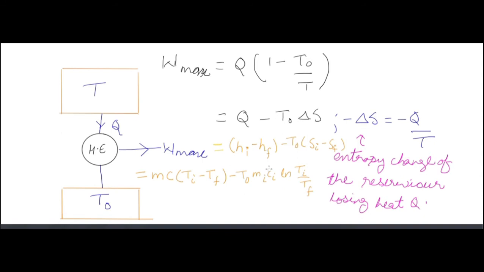Now for this Hi minus Hf, if you include the mass also, because these are specific values, if you multiply by mass, it will be an absolute value. The unit will not be joule per kg, it will be joule per Kelvin. The first value that we will get has the unit joule per kilogram, and the second, the entropy, has the unit joule per kilogram per Kelvin.